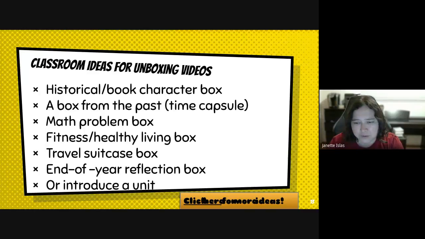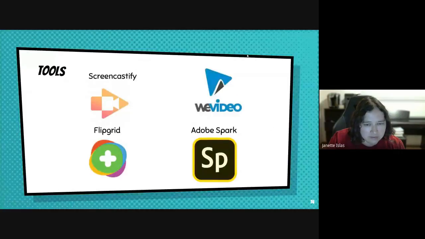They watch more toy unboxings. But basically they could pretend they're a character in a book or a historical character, or maybe they've got a subscription box that's all about math. Then they have to unbox it and talk about each item. A lot of times you'll want to include a note. I put some directions about the tools. There are different tools you could use for it, but Flipgrid is so easy,